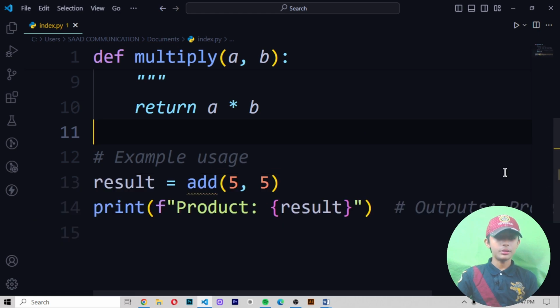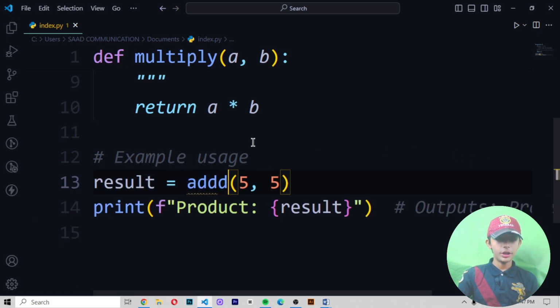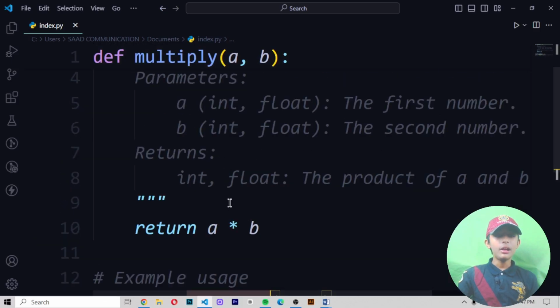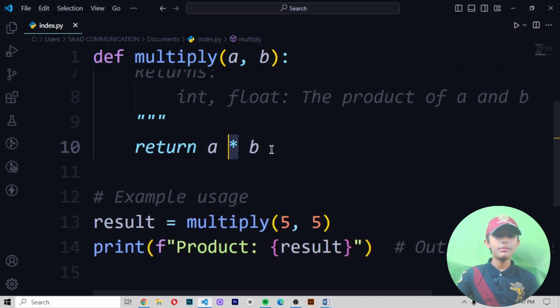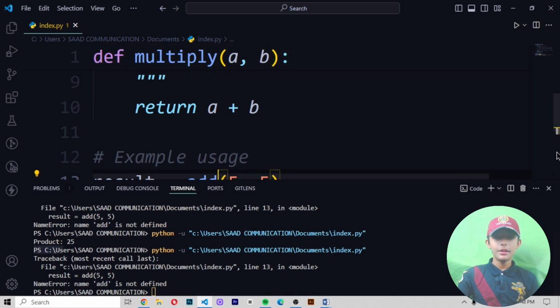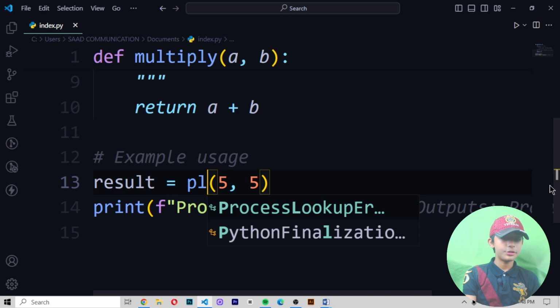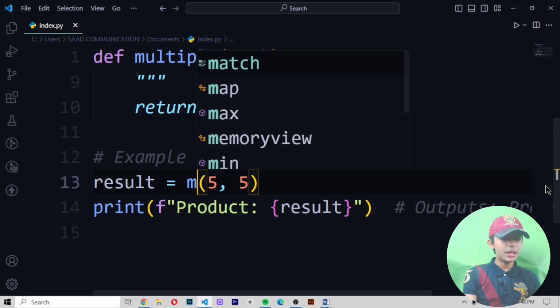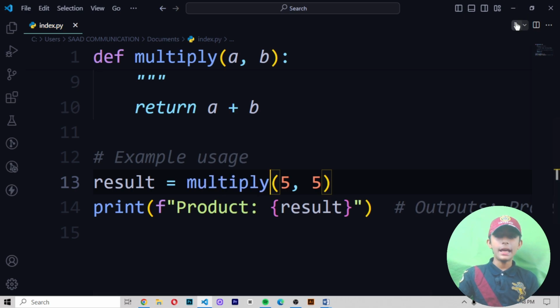Sorry, here you can see it, save it. Sorry, you write multiply here and nothing else, okay? So it gives me 25, like that you can do it. And here I write a multiply by b, that's why it gives me that. If I write plus, and if I write add, save it, and it should give me, okay, it is not giving me. Why? Let me show you. Plus, okay, let me write multiply here. Now it gives me the answer 10.